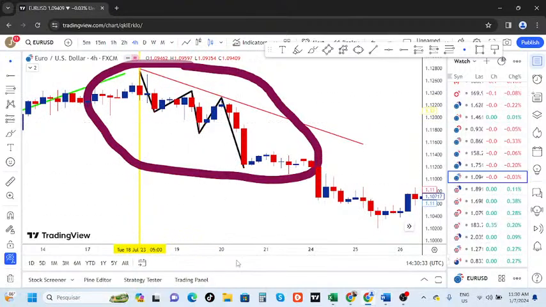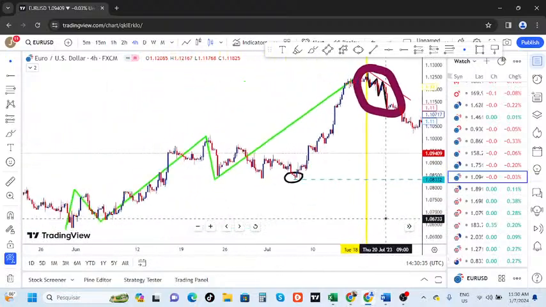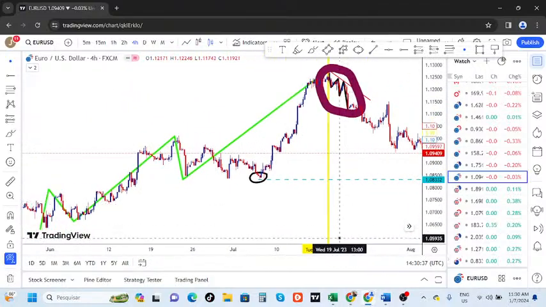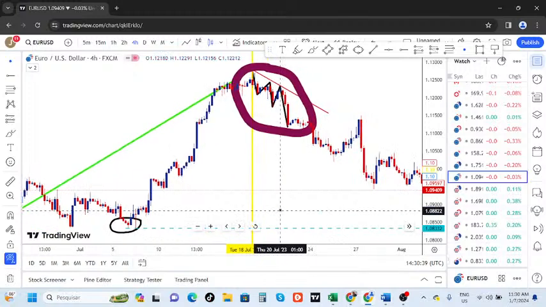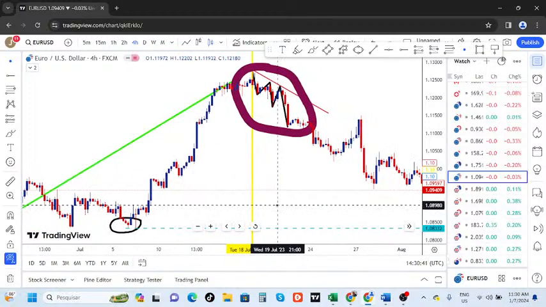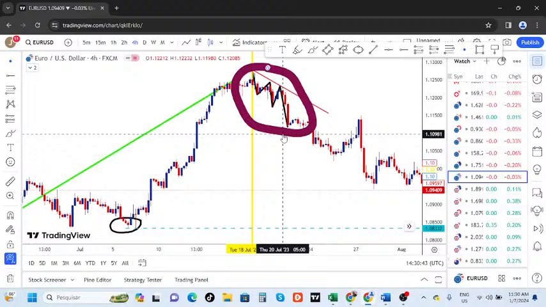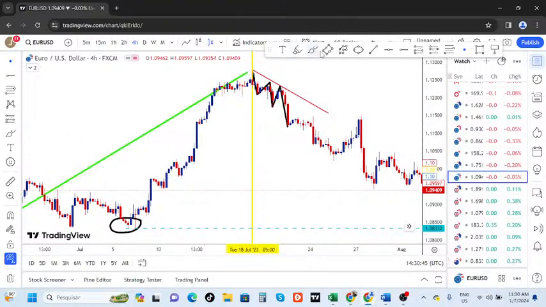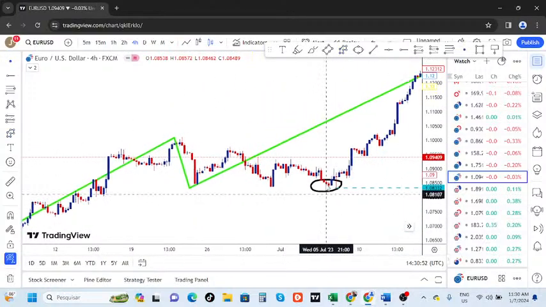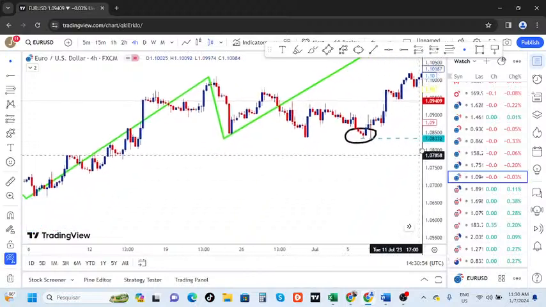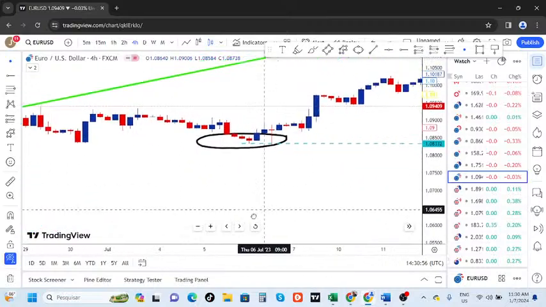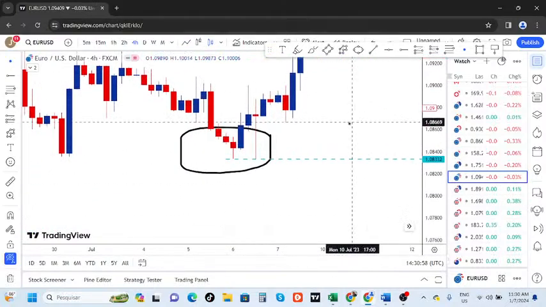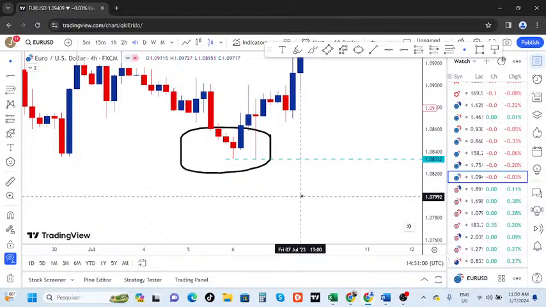The only time we'll be able to trade the short-term downtrend is when, on the 4-hour time frame, because this is the 4-hour time frame, there is a short-term uptrend. All right, so there's something we also need to take to heart right here. Back in time, so this was